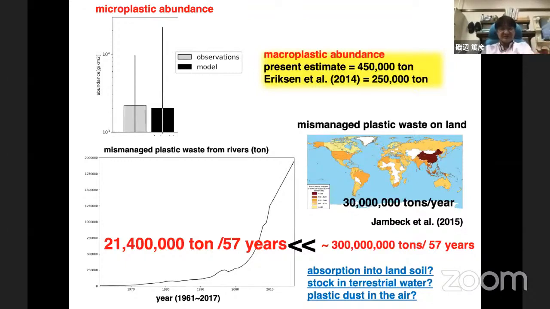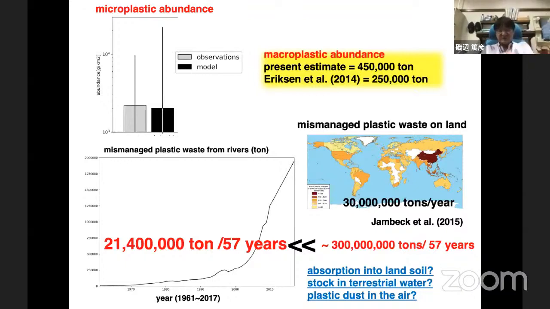And the important thing is that the amount of the plastic released from rivers, provided by the river model, works well in reproducing the particle release in reality. Our model showed that 21.4 million tons are released during these 57 years. But we have met again